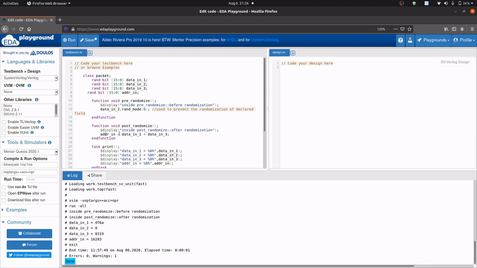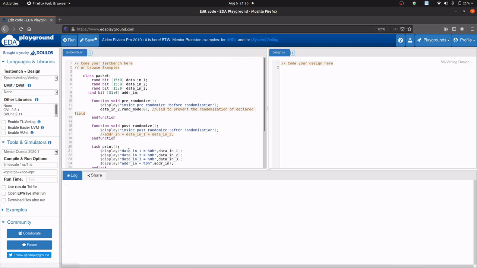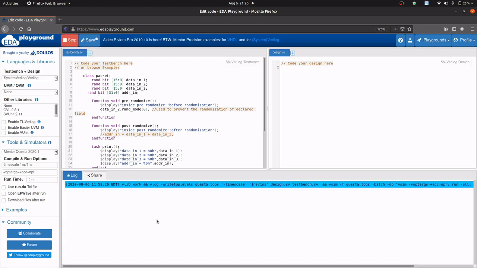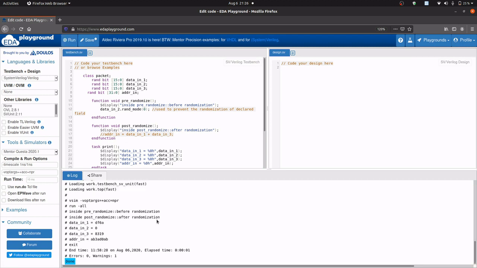What happens if we comment out this section? It will give random values due to the rand field. Let me check. As you can see, it has taken some random values.